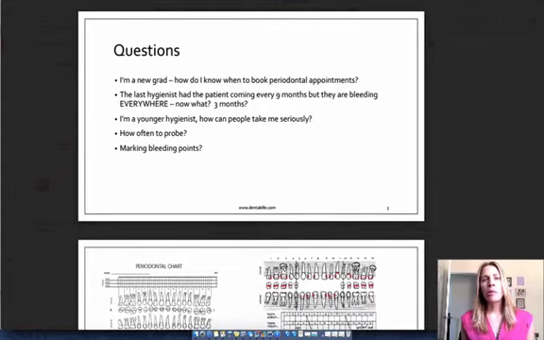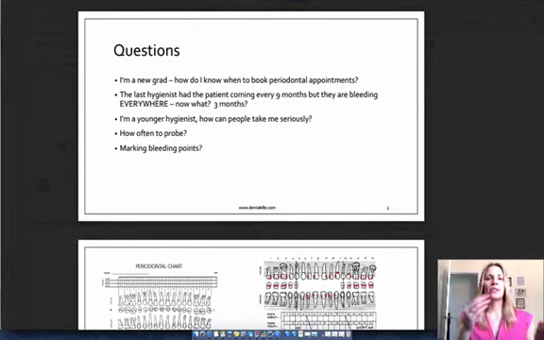There's some 4 millimeter pockets, more than usual. However, plaque was fairly light, so we'll keep you on every 6 months for now. But by next time, if things haven't improved, then I think you should be coming in to see us every 3 months. So again, it depends on the patient.